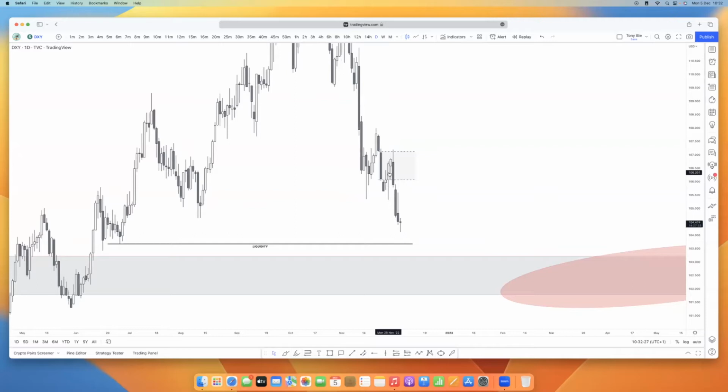Then we had Monday, Tuesday, Wednesday, we had price create the high, and that was the high of the week, if I'm correct. And then Thursday, Friday, price sold down. And today, Monday, this is where we have. So what am I anticipating for the DXY? Overall, I still want to see it go down, but where can it go down from? This is the daily time frame.